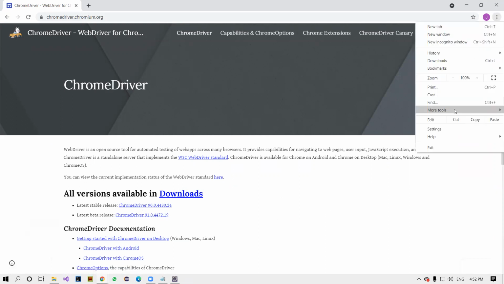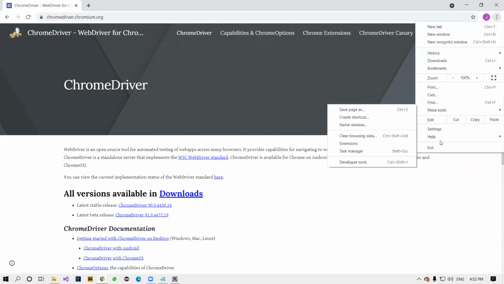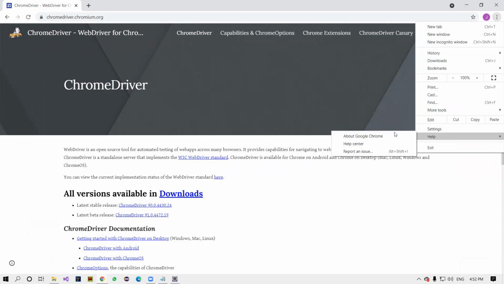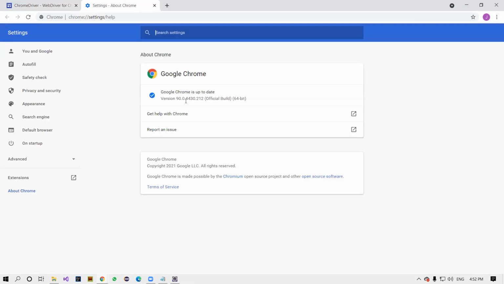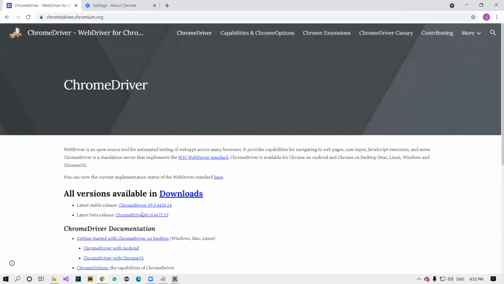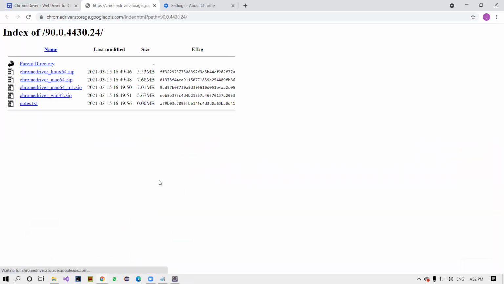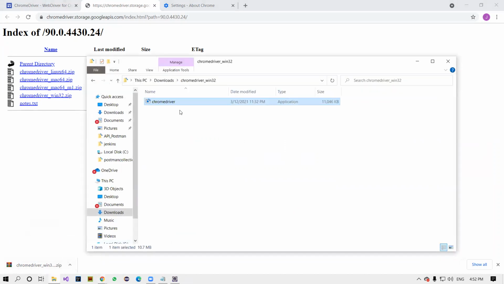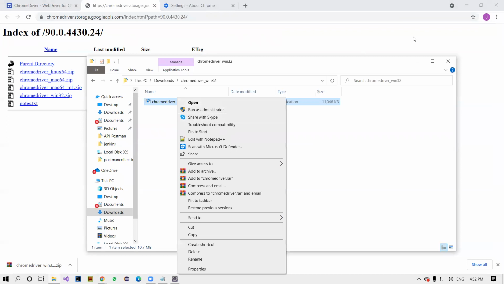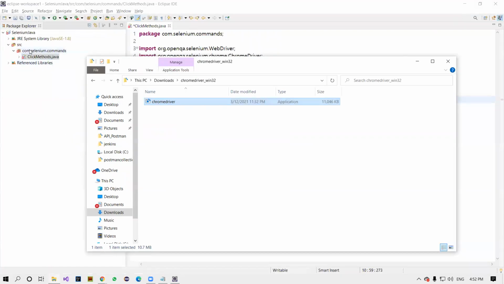Currently, let me go to help, about Chrome. I'm using version 90, so you can select this ChromeDriver, the Windows 32 one, which is useful for both 64-bit and 32-bit Windows. Let me extract it. I already extracted it here in my window, so I just copy this one.